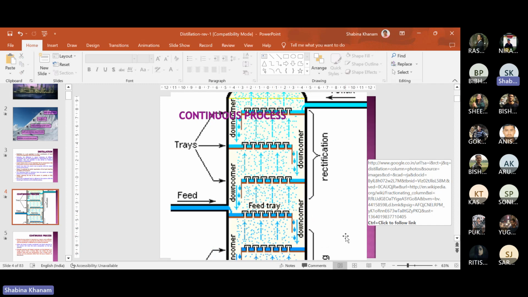Okay, so if you consider, this is the weir height, right? Now what will happen is that this is the plate, and liquid is coming from the top, from above the plate, and it will stay over here, then it will move in this way. Okay, so if you consider, holes are available in between this line,